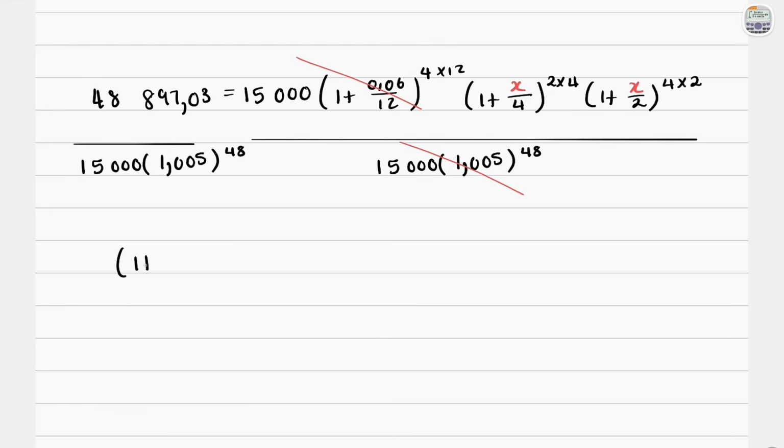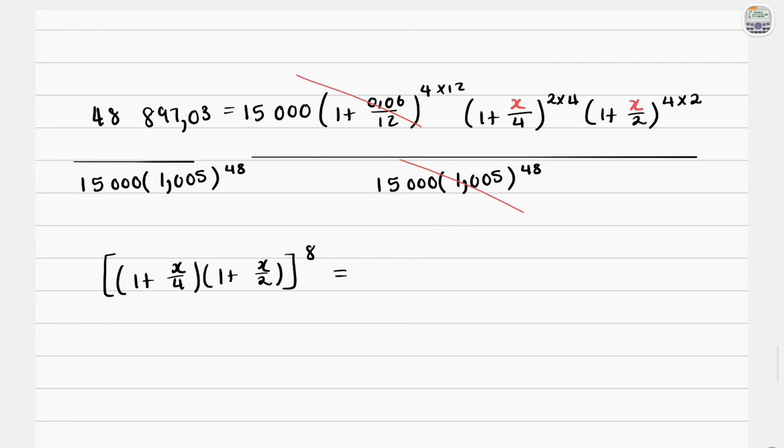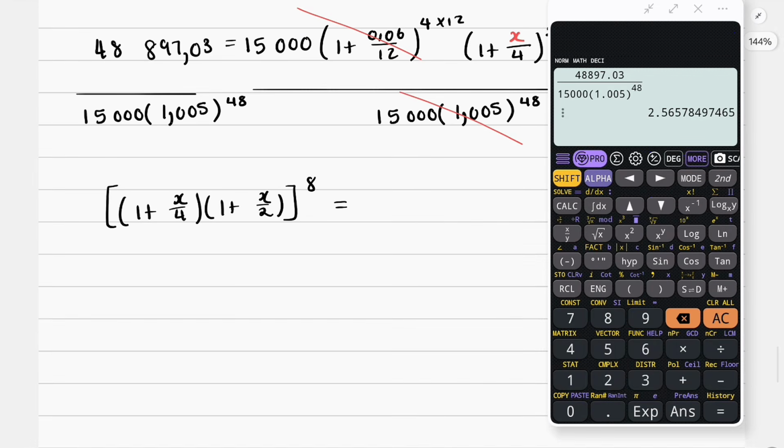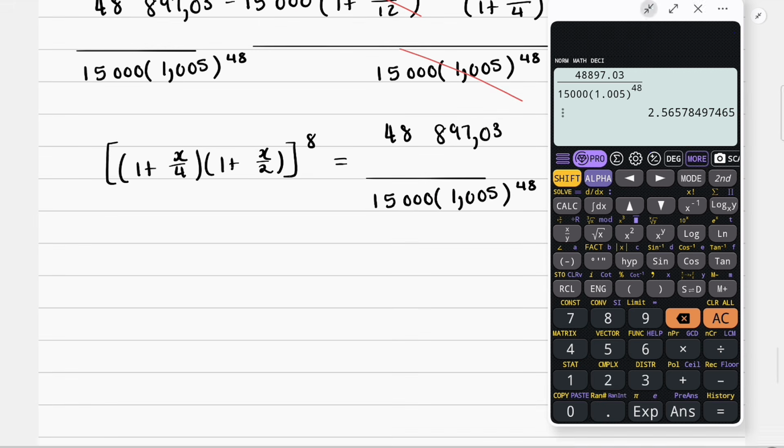So this is 1 plus X over 4 multiplied by 1 plus X over 2. And then they're all just raised to the power of 8 is equal to, and let's finally find this answer. Okay, and as a decimal, I actually don't like to leave it as a decimal. I would rather just solve first because I just don't want to keep decimals. So if it's still equal to all of this,